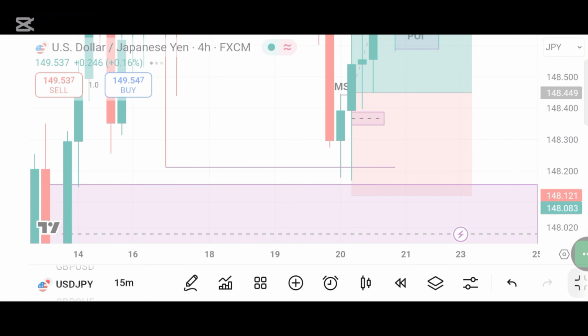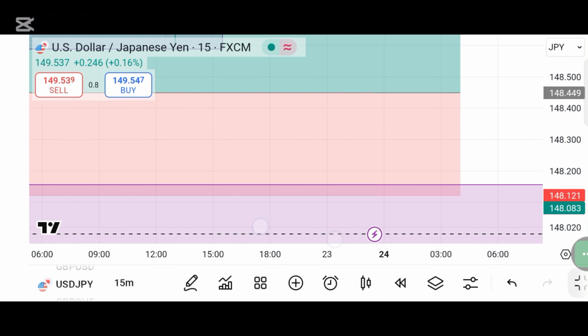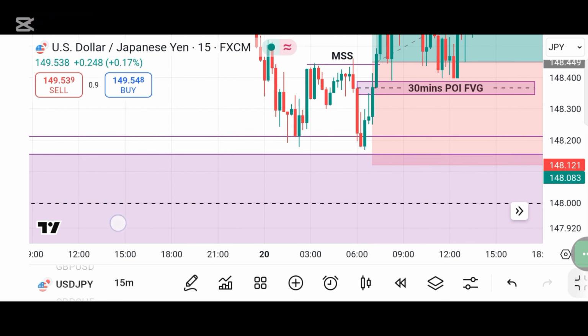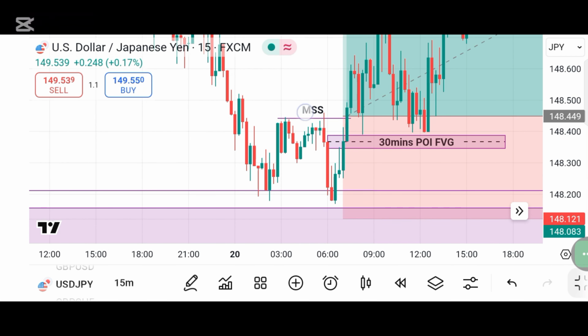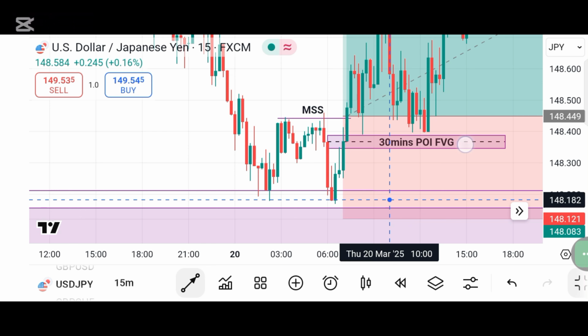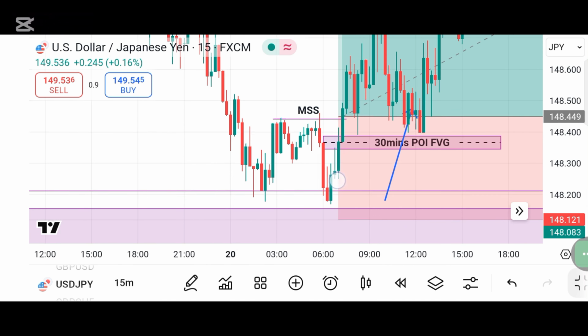So from 15 minutes, I want to show you guys here. From 15 minutes, you can see here, after price swept liquidity, what next did I have? I had a shift in market structure, indicating that we are about to trade to a 4 hour point of interest. Now, just like we have in the schematic diagram here,